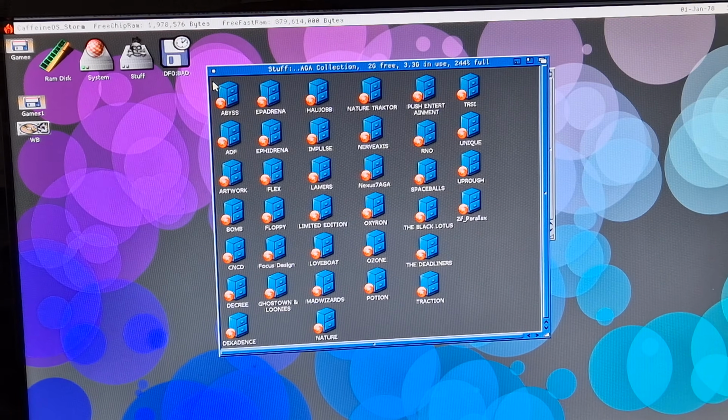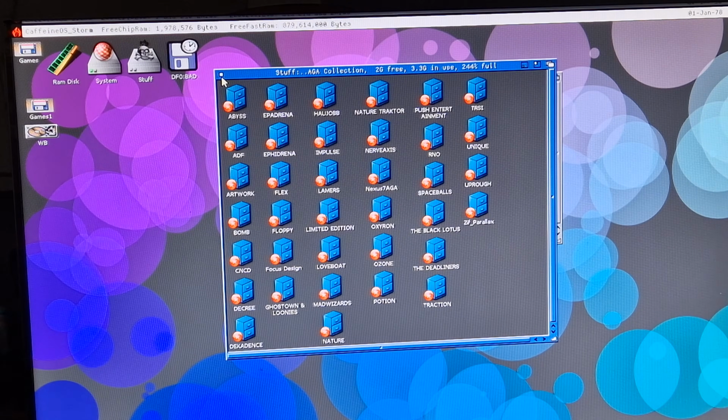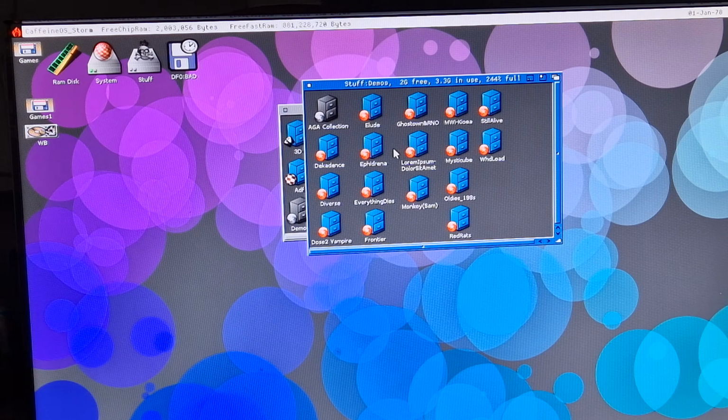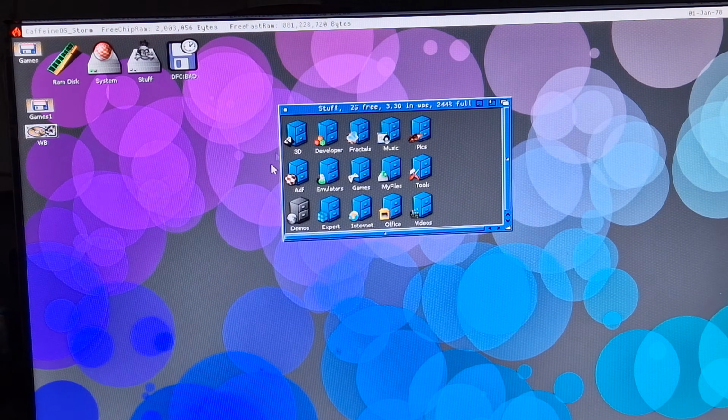Yeah, so there's lots of demos you can mess with. There's going to be some high-end Amiga ones, and there's going to be some others that will run on the RTG screen. I'd just explore it and see. If you're into demos, then there's probably something here for you. If you just want to play games, then you probably won't be interested in that at all. But that's the demos. So if we go to the games,